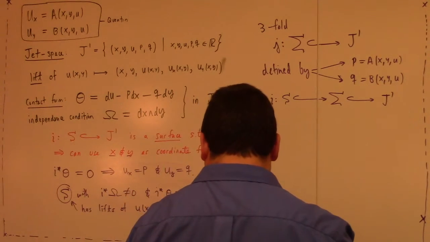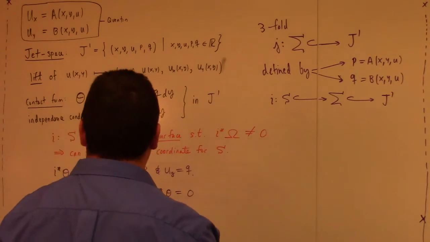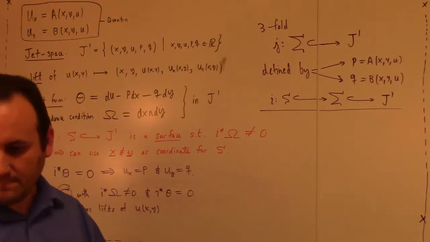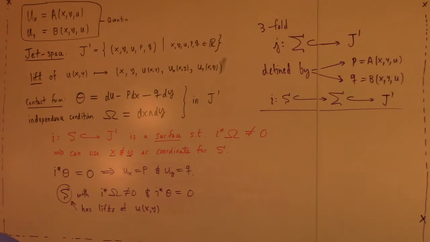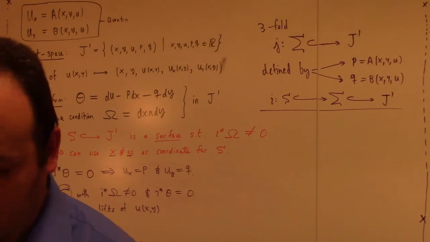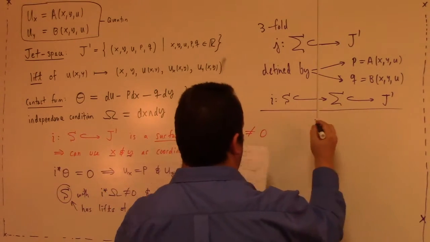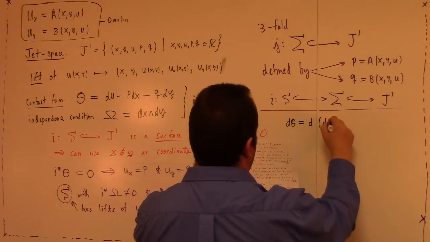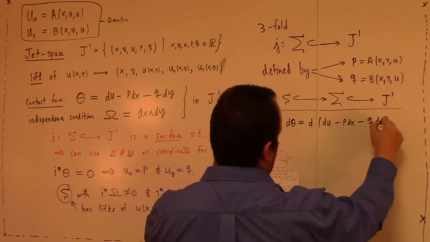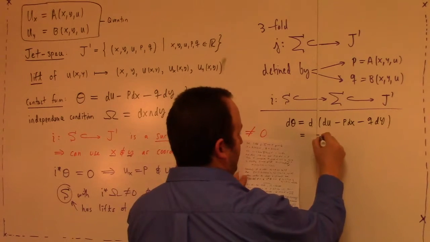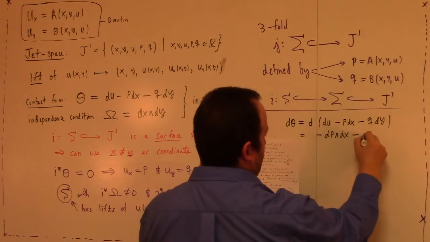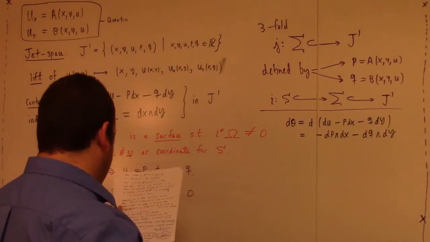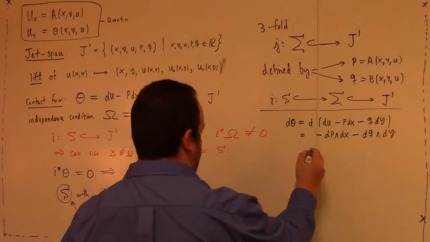Let's see here. So just a couple of calculations. What is d theta then? Let's see if I can get this. So d theta, remember theta was du minus p dx minus q dy, so d theta will be minus dp wedge dx minus dq wedge dy, right? And so if we pull back d theta under j,